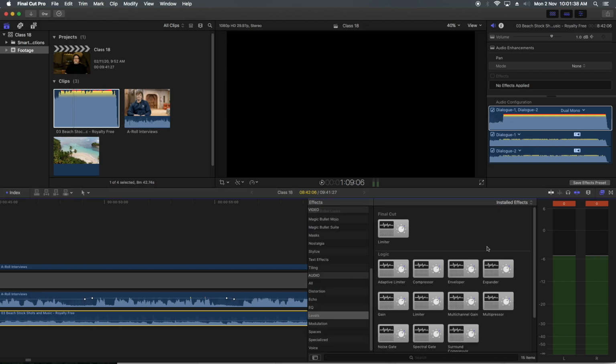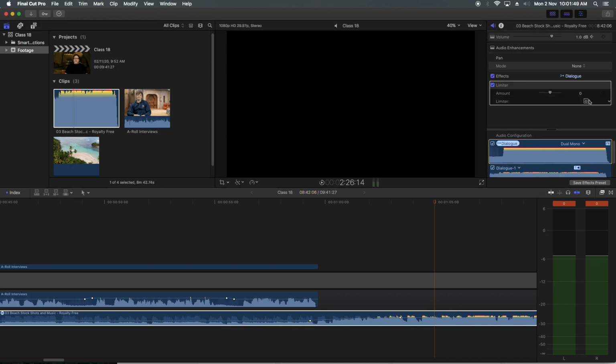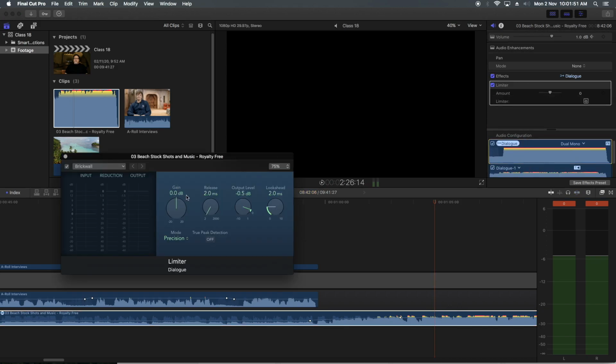again going to filters and again applying the limiter effect. This time my motto is not to increase the gain, my motto is to control the output. Okay, so let's control the output only.